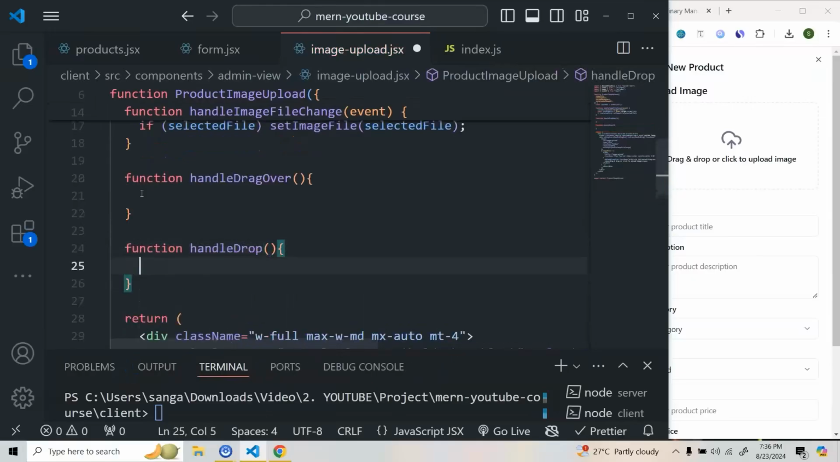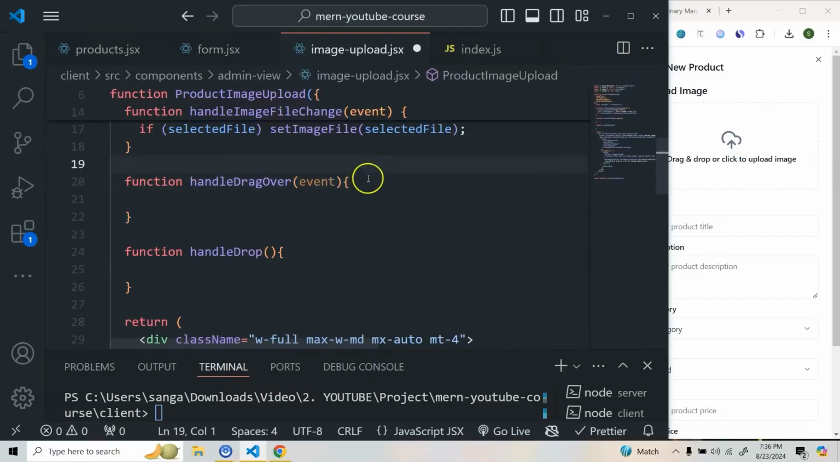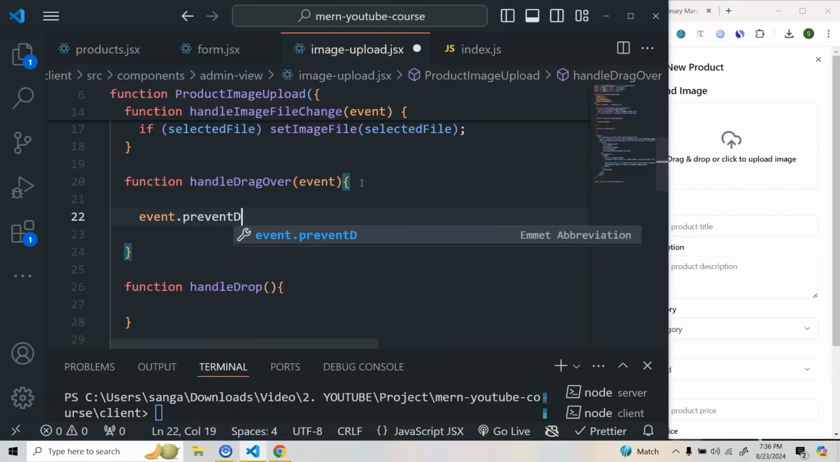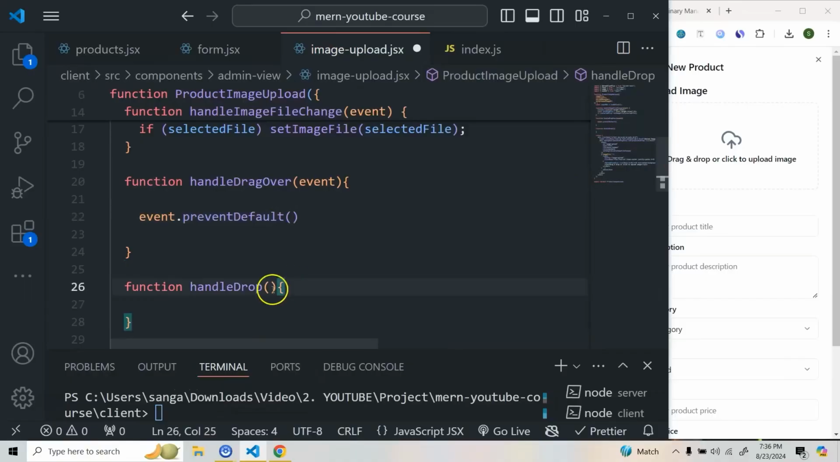Okay. So what we need to do, right, when the user does drag over, we can simply do here. So this will give us an event, and then we'll simply do event.preventDefault here. So we'll do event.preventDefault, and when the user has already dropped that file or the image, again the first thing we need to do is prevent it,